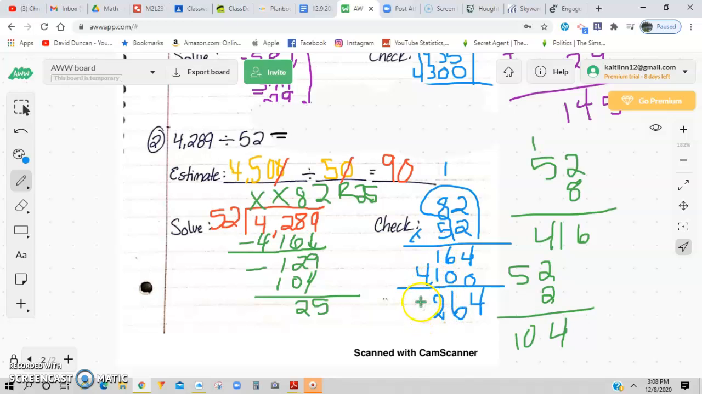Bring down my 4. Now I need to add my 25 remainder. So I'm going to do this. 4 plus 5 is 9. 6 plus 2 is 8. Bring down my 2. Bring down my 4. 4,289, which is my original dividend. So that means that my final quotient of 82 remainder 25